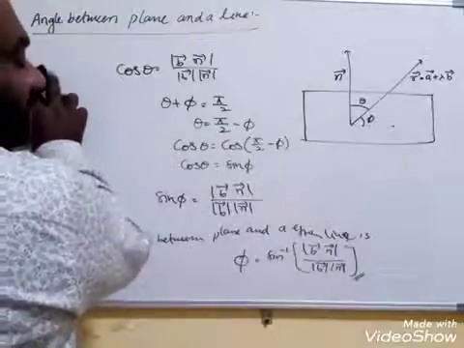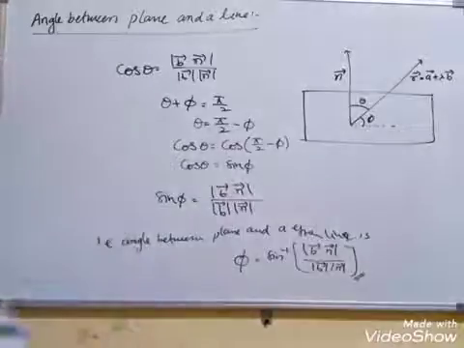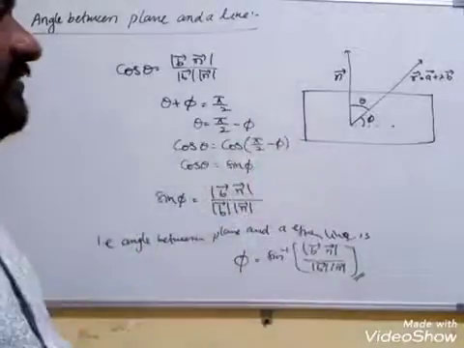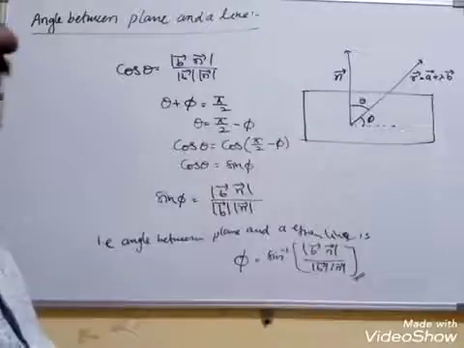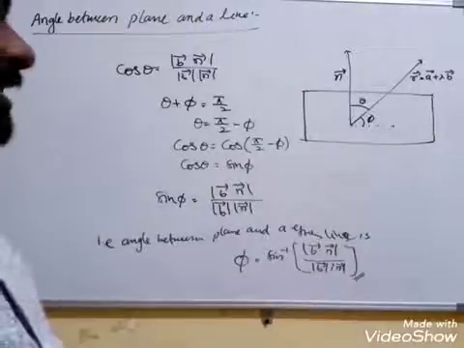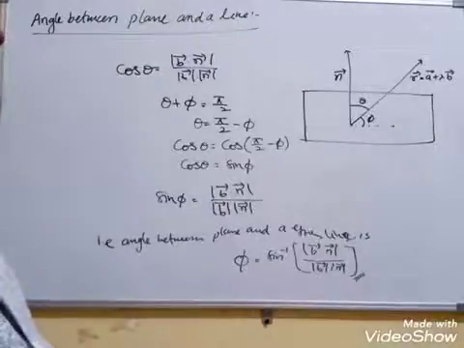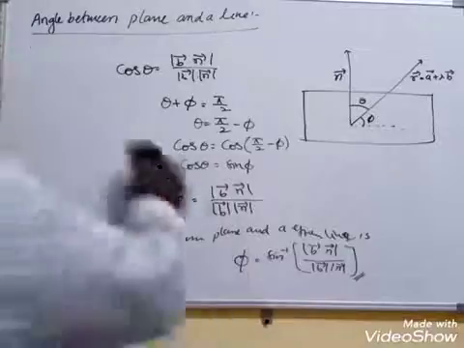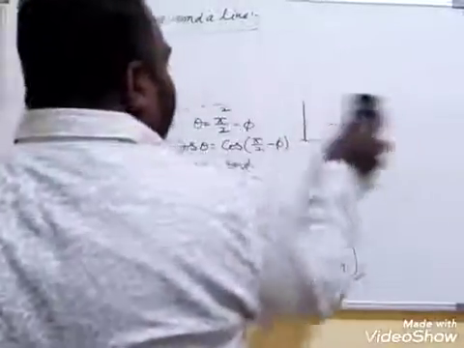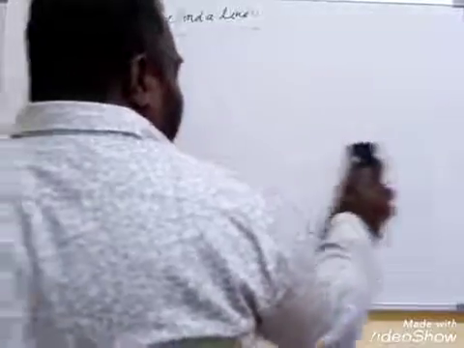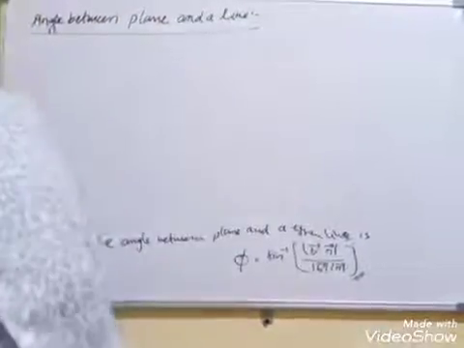We have the formula sin theta is equal to... Once again observe, the angle between a plane and a line is defined as the complementary angle between the normal of the plane and the line. Ultimately, you are going to find this. Now observe what they have given. They ask: find the angle between the line